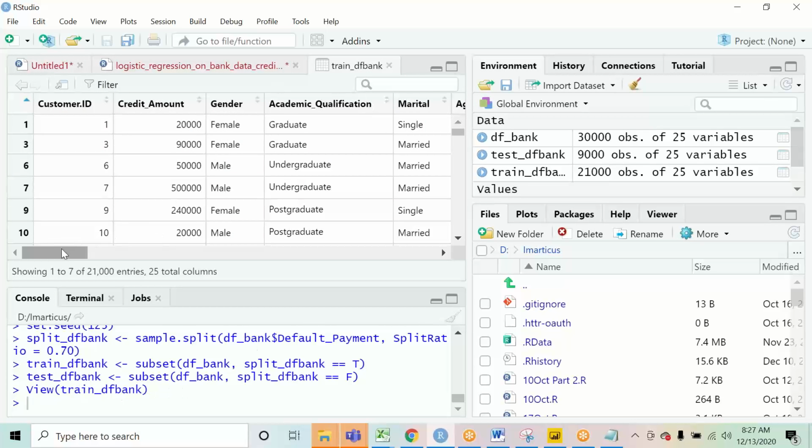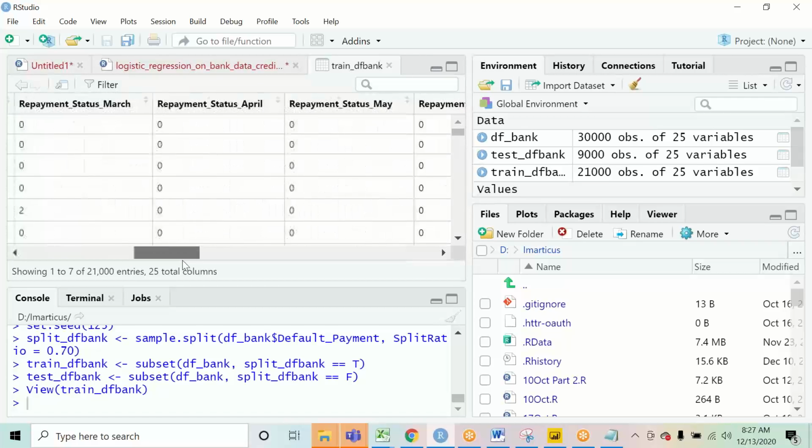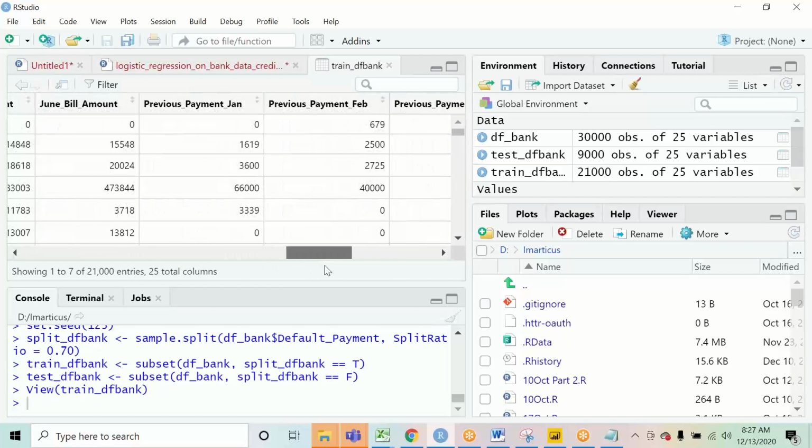In the training, you have got 21,000 entries.